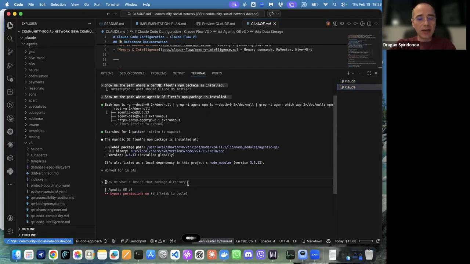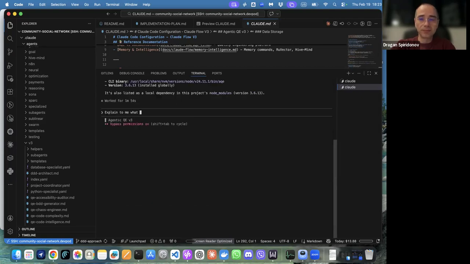Analyze the .claude agents v3 folder for QE agents and analyze AQE, MCP, and CLI and explain what I can do with that. And this is not in my project.